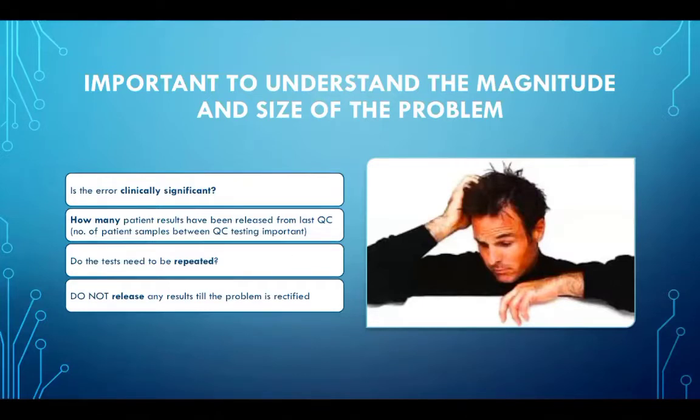Important thing is, whenever anything is not happening as per the system, you have to see, is the error clinically significant? And if it is significant, how many results have I released after the last successful QC? Sometimes,